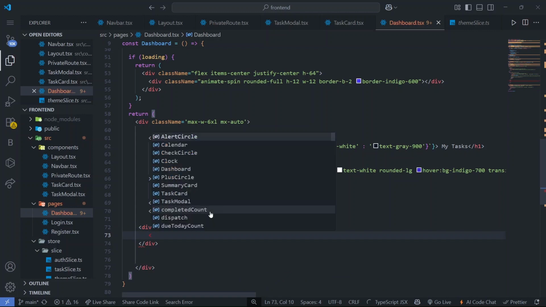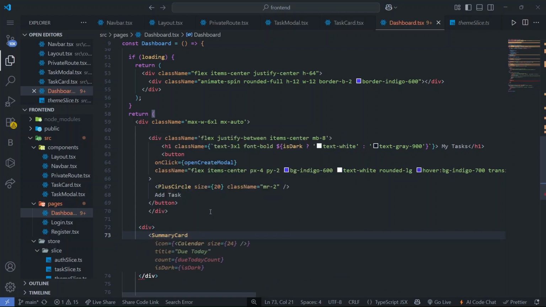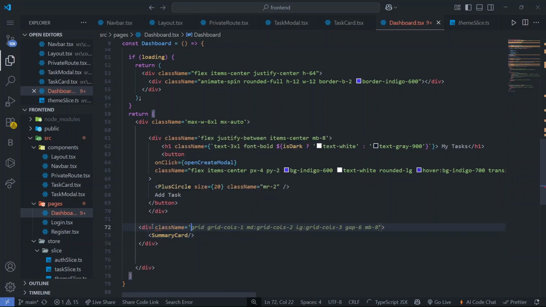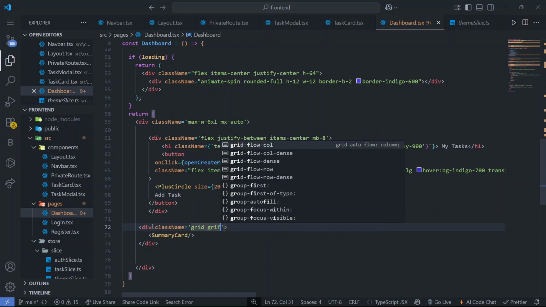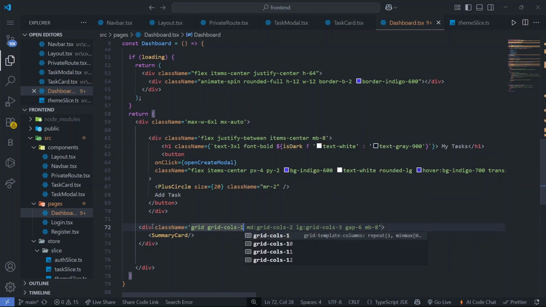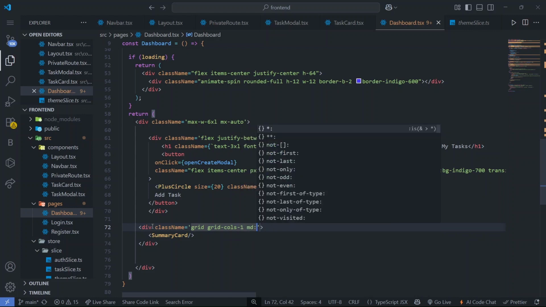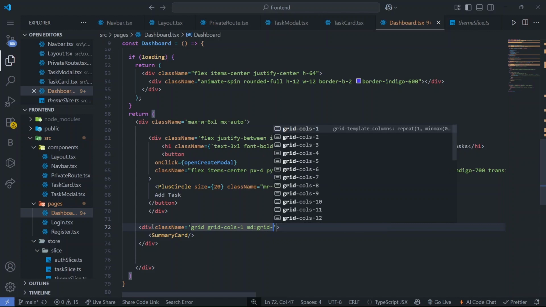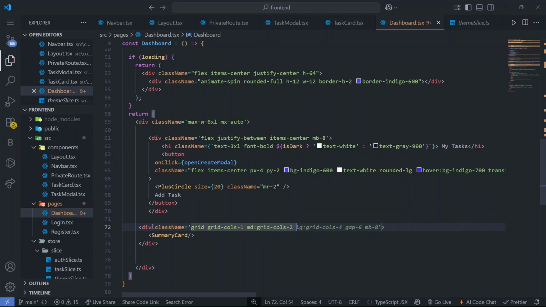So here we have to pass SummaryCard, and first let's style our div first: grid, and grid-cols-1 on the small devices. On the medium devices I want to show grid-cols-2 items, and on the large devices I want to show 4 items, and gap and margin bottom will be 6, so that it will be responsive, right? And in the summary card